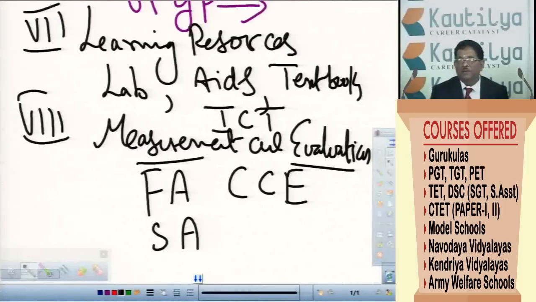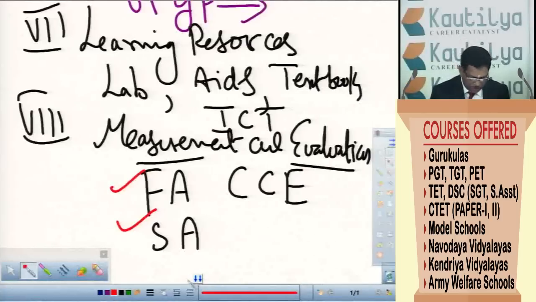What are the different behavioral changes which take place in a child? So that's why the methods of evaluation, the different strategies in evaluating the child's performance, the concept of CCE, and the meaning, objectives and characteristic features of formative assessment tests as well as summative assessment tests. And this unit is followed by